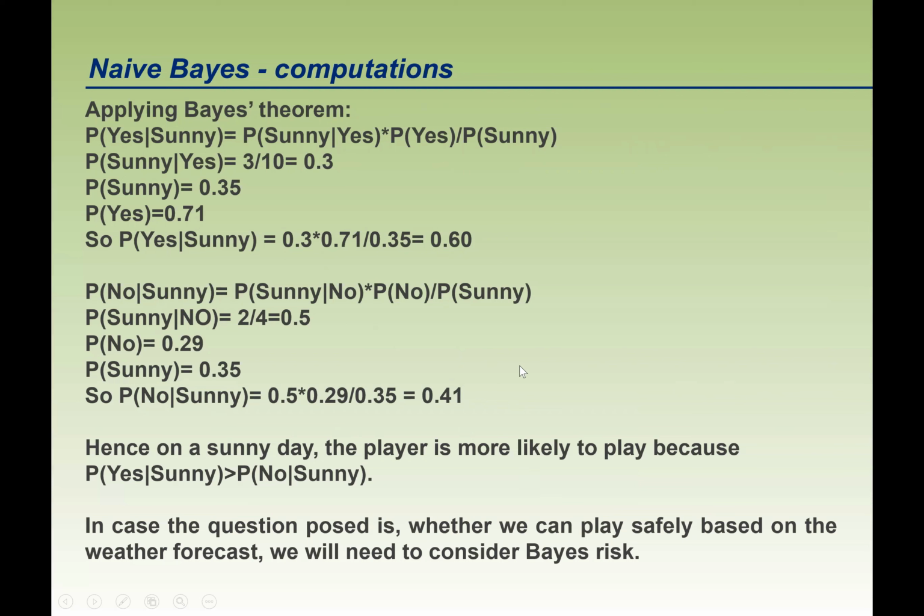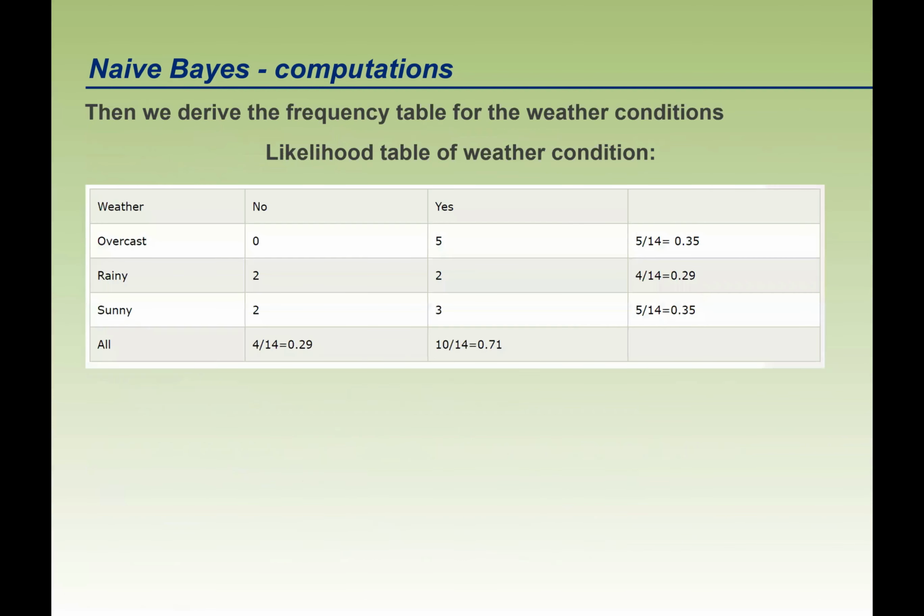So in case the question posed is whether we can play safely based on the weather forecast, we will need to consider Bayes risk. That means each of these probabilities will have to be multiplied by the associated loss, that is risk, and then go for minimizing the risk. Alternatively, we can associate a loss value with each of these conditions, and we can multiply it with the probability of the event